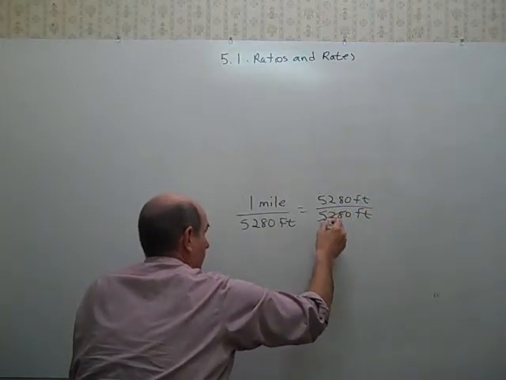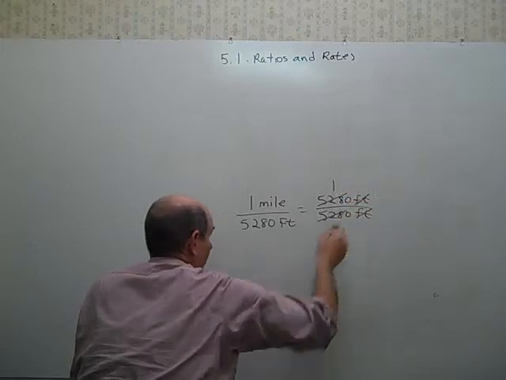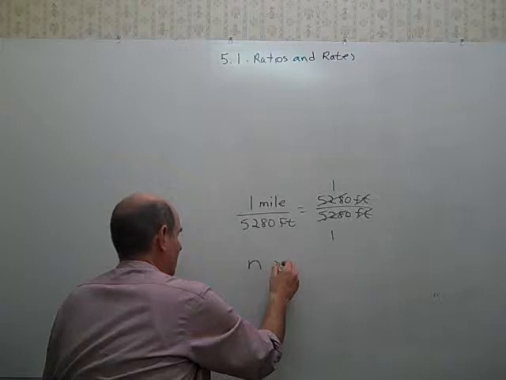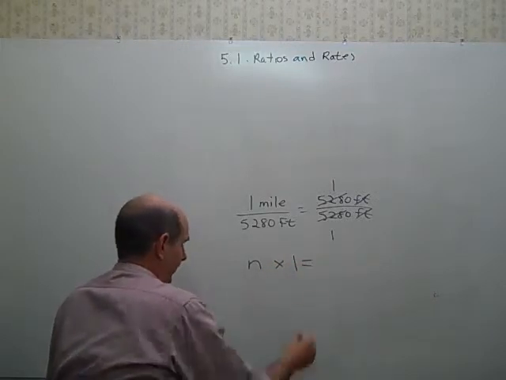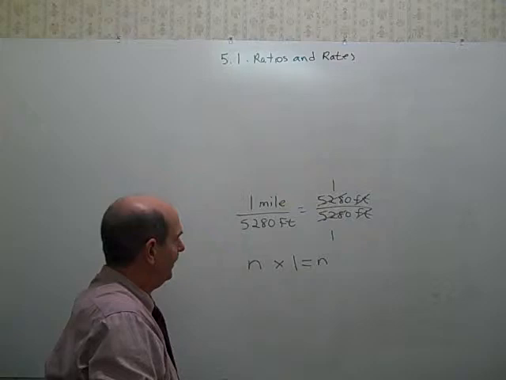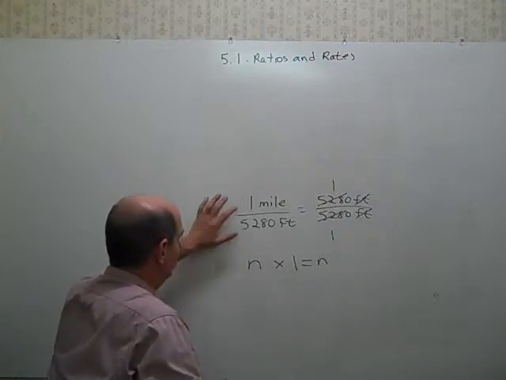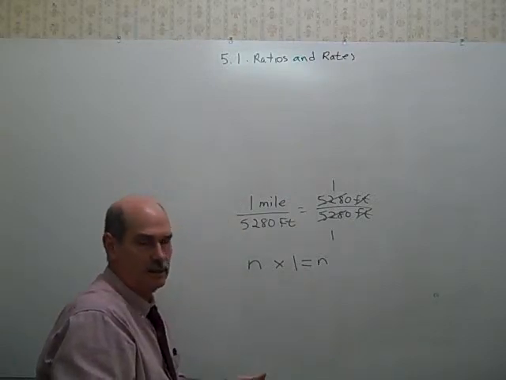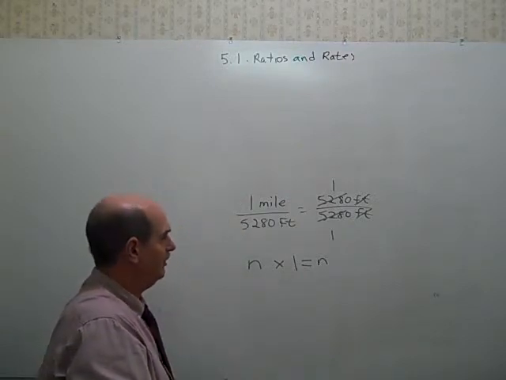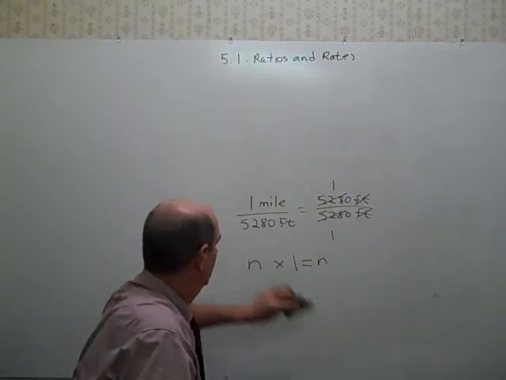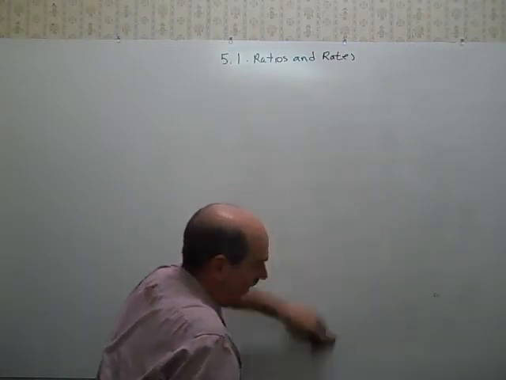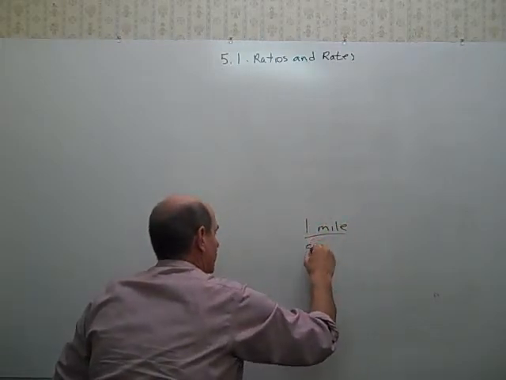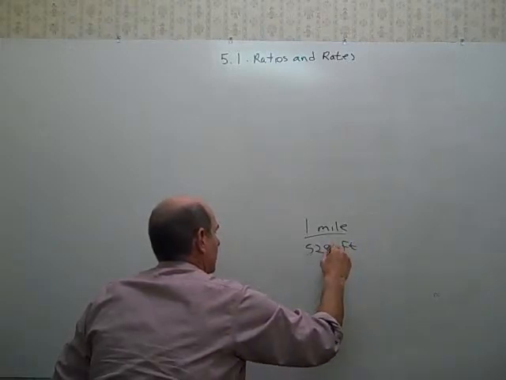And just like we can cancel out the numbers, we can cancel out labels. So this equals 1. What happens when I multiply anything by 1? I get what I started with. So you can use conversion factors to convert from one kind of value, one kind of measurement, to another kind of measurement. So I'm going to use that conversion factor of 1 mile for every 5,280 feet to change